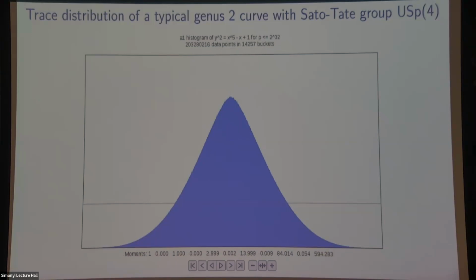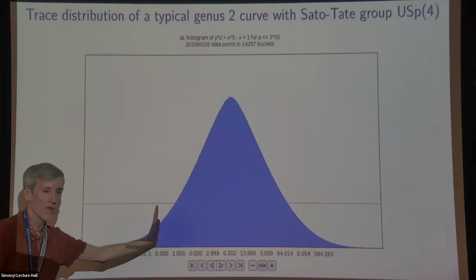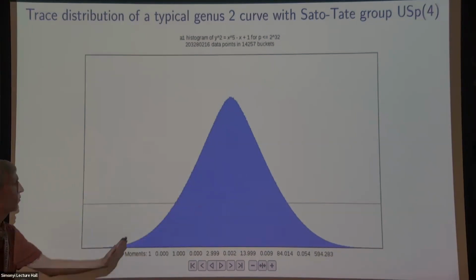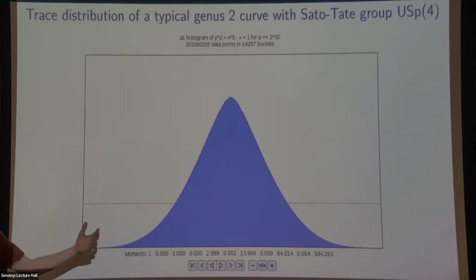And amazingly, even though we know exactly what this distribution should be, we can't prove this. In fact, as Katz famously pointed out, we can't even prove that there's anything to the left or right of 1, or I guess of 2. So one way you could prove, if somebody secretly handed you an abelian surface, but didn't tell you an equation, didn't tell you it was an abelian surface, and you wanted to prove that it had dimension greater than 1, one thing you could do is count points mod p and at least find a prime where the point count is too large to be achieved or too small to be possible for an elliptic curve. Unfortunately, we don't know how to prove that. Not for even a single prime, never mind a positive density.